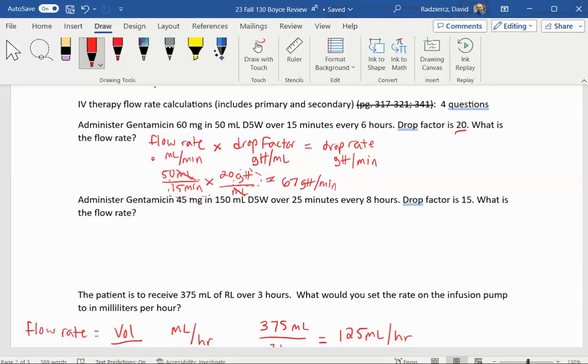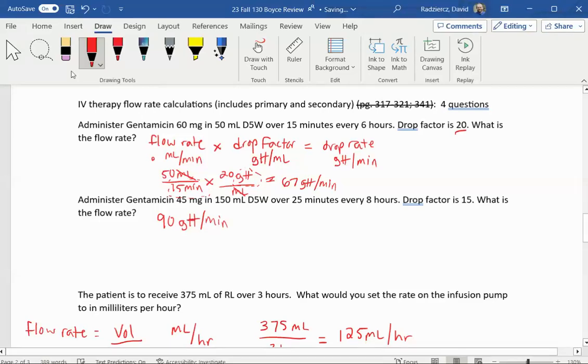So you should get 90 drops per minute. I'm seeing a lot of gets and gots, but that's because of spell check. So hopefully, oh, it's not. That's funny. The 90 drops per minute is what we're looking for as far as drop rate is